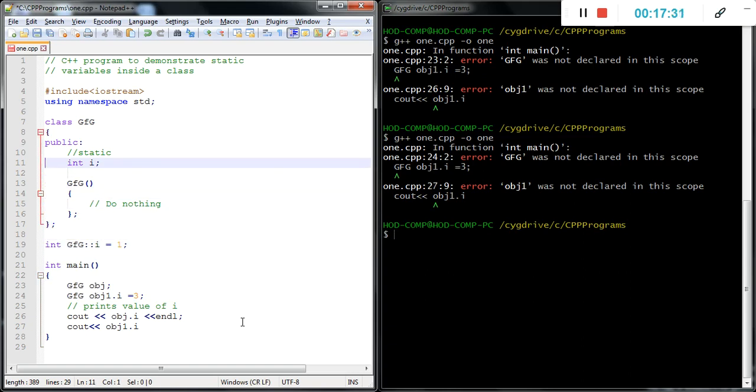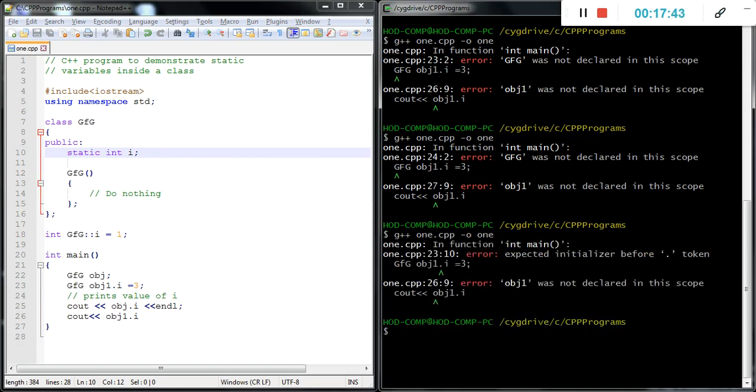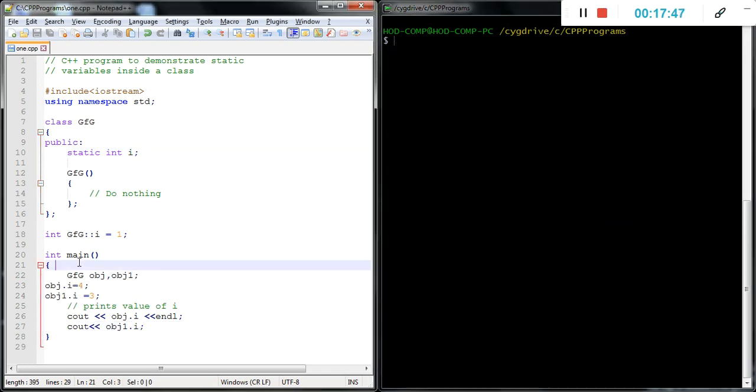It may be because of the class name mention. Let's initialize before the token. You need to define the values on a separate line, with obj dot I is equal to 4 and obj1 dot I is equal to 3, and if we print obj dot I and obj1 dot I, it prints the values 4 and 3.